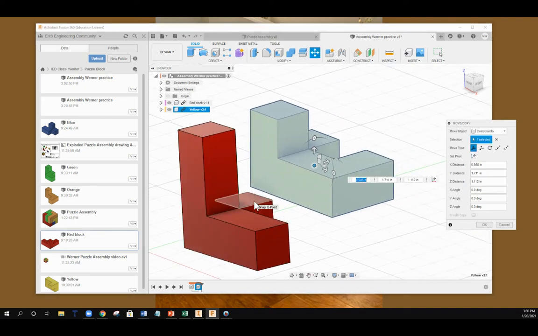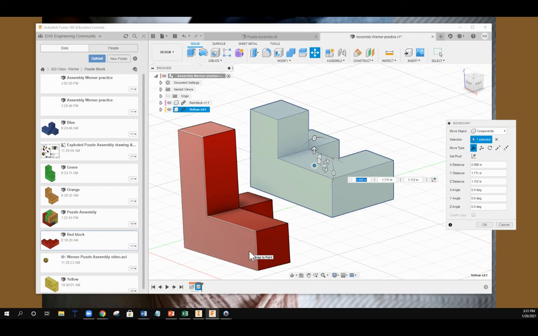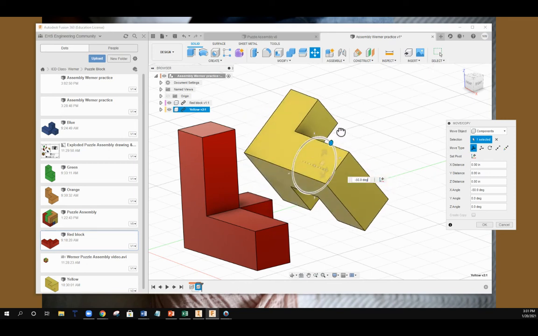When you do yours, when you bring it in and you start rotating it, I want you to make sure that you're rotating it in 90 degrees. So 90 degrees, 180, 270, 360. And I didn't do it on this one, and so this is not squared up correctly. I want to make sure that you do that on yours so that when you save it and put it into isometric, it's the correct isometric. It's actually in isometric. But either way, we're going to take this piece and we're going to turn it